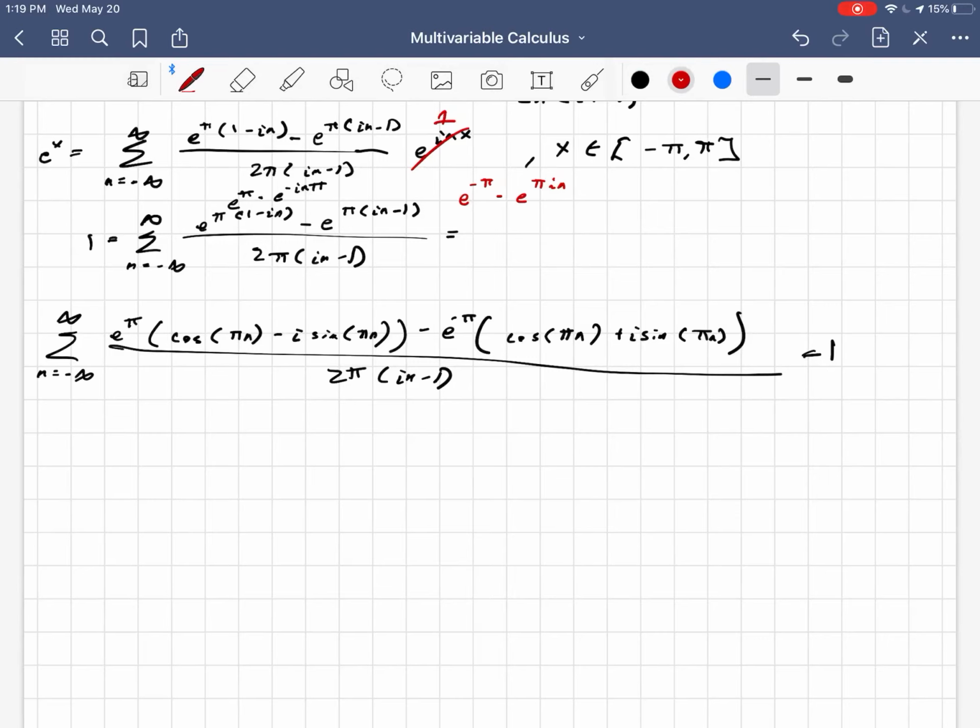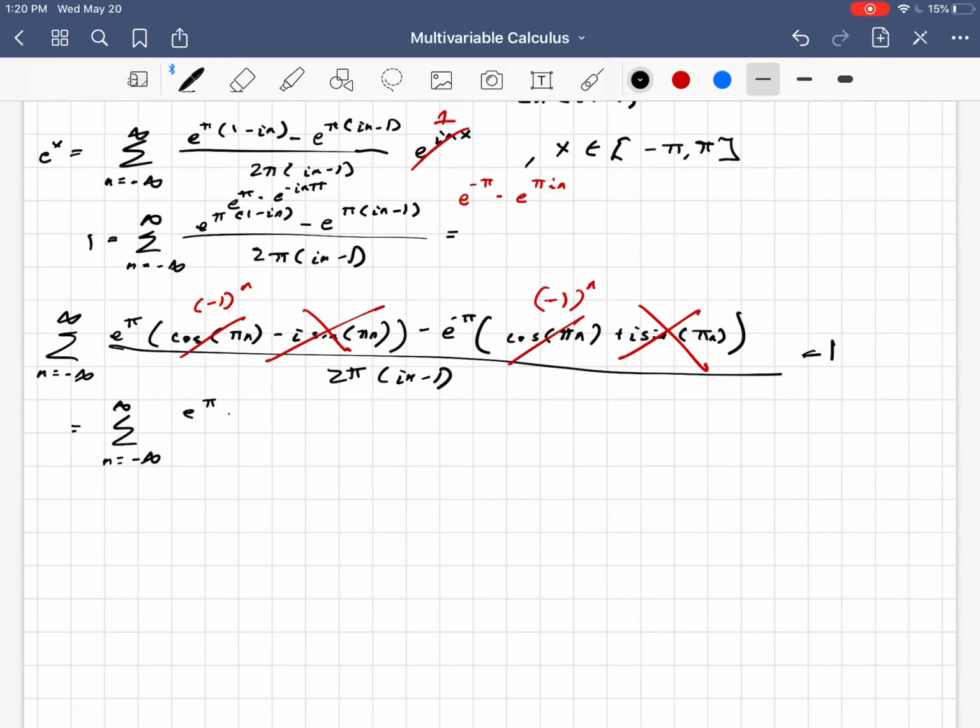It's the set of integers that n is containing. So for every integer n, sine of pi n is going to give us a 0. So that goes away, and that goes away. That was the whole point of expanding like I did there. And then for every integer n, cosine of pi n gives us a negative 1 to the n, and here as well. So that really simplifies things down, because now we have sigma n equals negative infinity to infinity